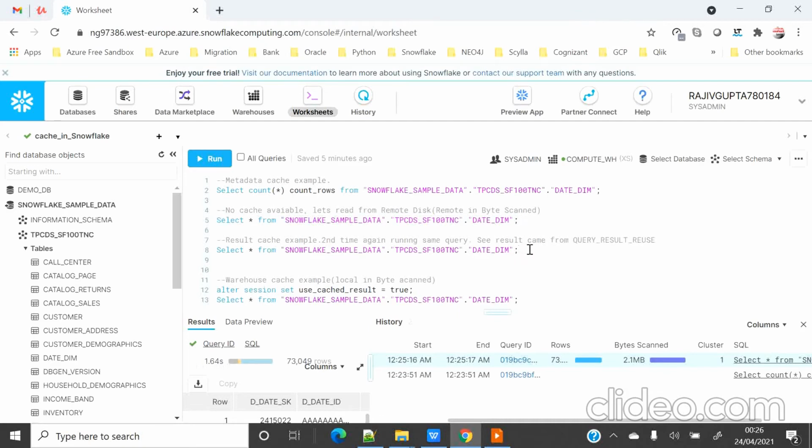So now to see the result cache, because we have run this query one time, our warehouse cache has also been populated with the raw data, and our result cache has also been populated with this result. So now if I query the same SQL statement again, and since our underlying table data has not changed, I will utilize the benefit of the result cache, and it will give me the result very quickly.